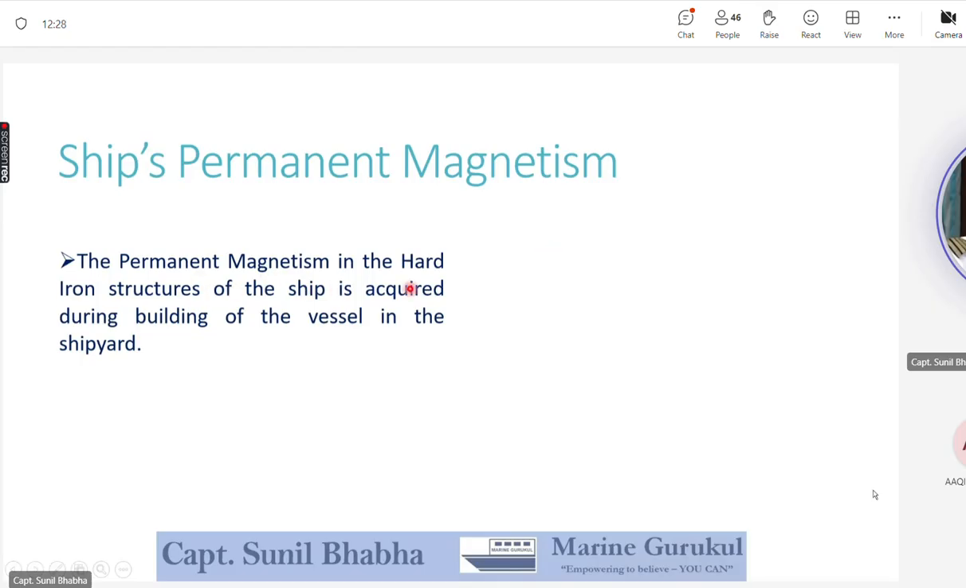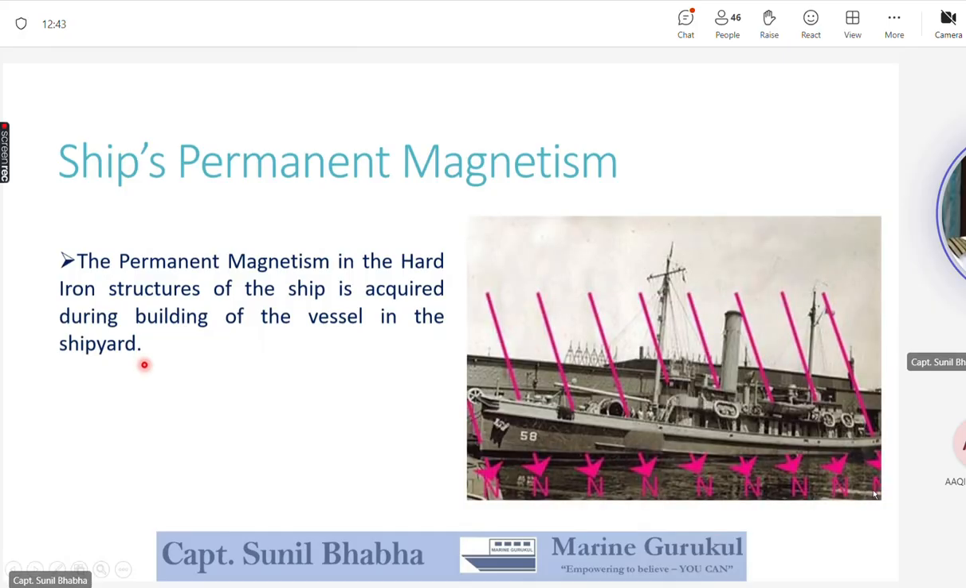The permanent magnetism in the hard iron structures of the ship is acquired during shipbuilding, during the building of the vessel in the shipyard. Now to give you an idea about this, you see in this diagram, this ship is made fast to the berth or at a yard or a dock, and it is situated in this particular orientation. The ship is being built in this particular orientation,